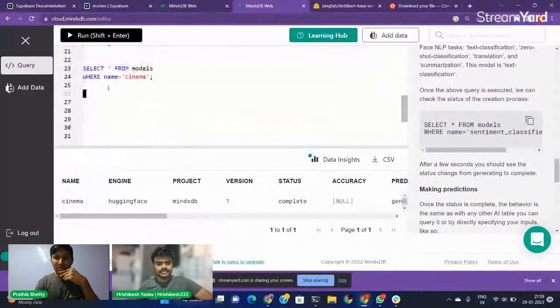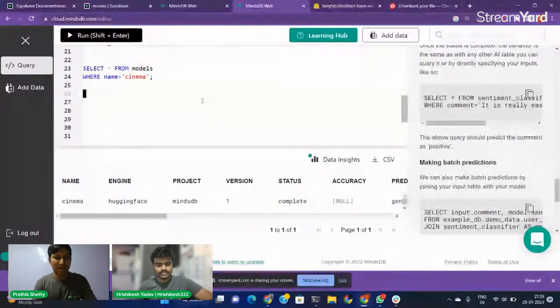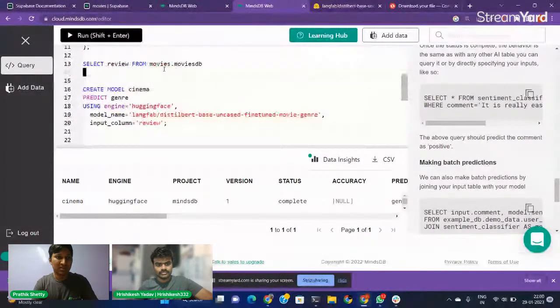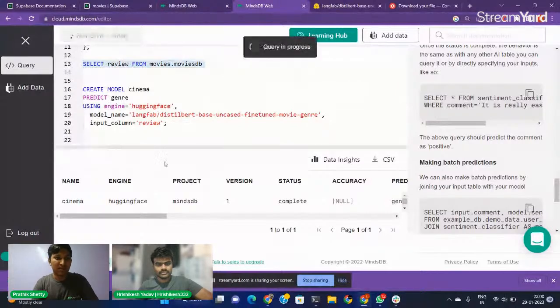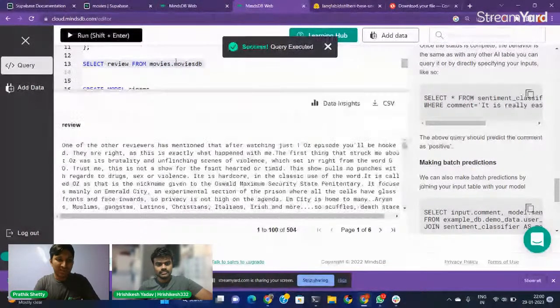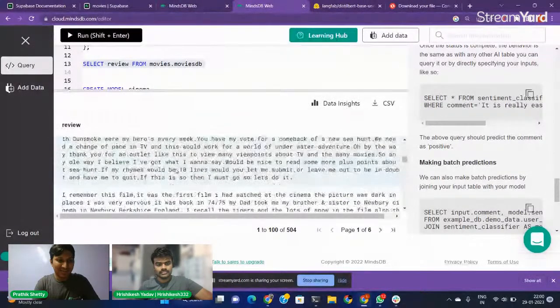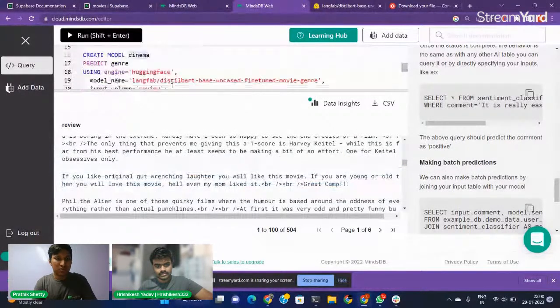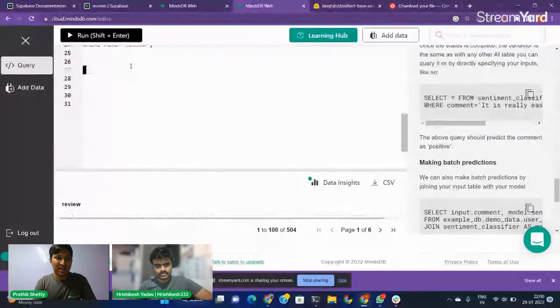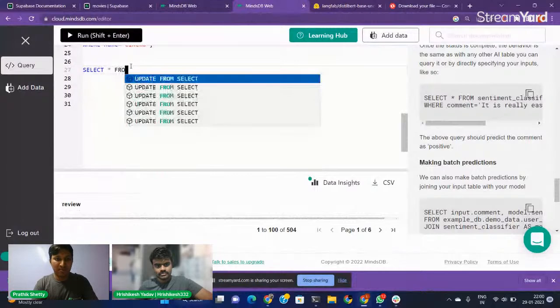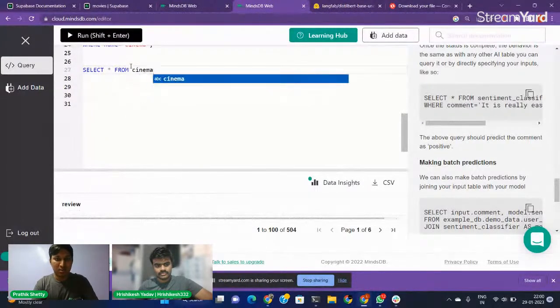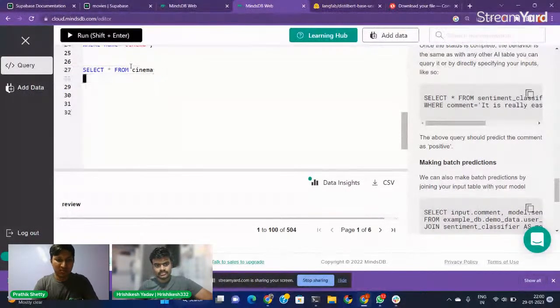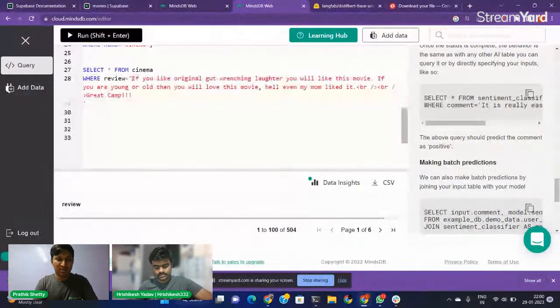now what I need to do is make a prediction. For that I need to select a comment. First of all, let me copy a comment from this. Copy any one of the comments from this. It might take a while. Okay, let me take a simple one. These are too big. Okay, let me try this one. So yeah, the syntax will be select all from our model, that is cinema, where statement, review, where review equal to this, and yeah,